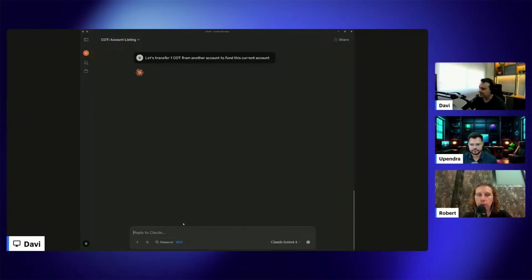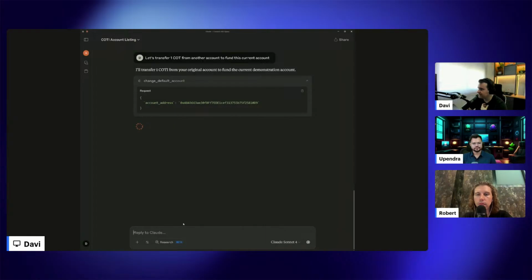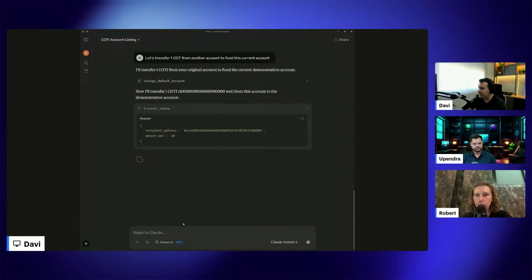So it understands human commands, let's say. Yeah, exactly. And that's the beauty of the MCP because, look at that. It is automatically changing my default account because it noticed that my current account doesn't have any COTI. So it should change to my previous account so that this account can transfer one COTI to my new account. So that's the beauty of the MCP because the AI agent can understand what you want to do